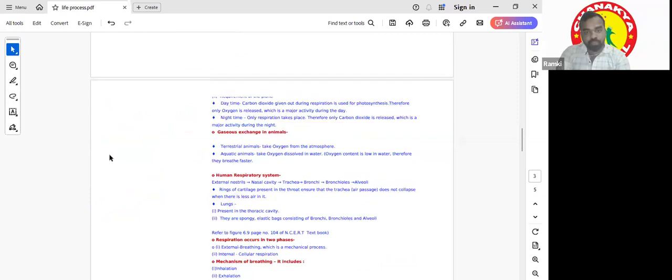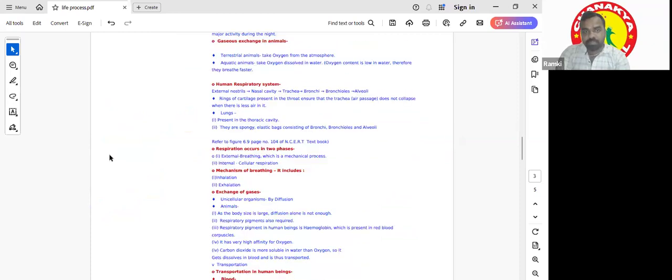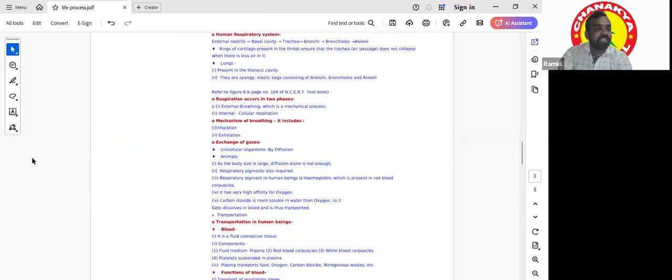Then, as we know, inhalation and exhalation take place. Then the exchange of gases is done by the alveoli. What is alveoli, dear? It is a balloon-like structure and it is the primary site of exchange of gases. That is called alveoli. Through diffusion, the alveoli get the oxygen, then that oxygen is transported through